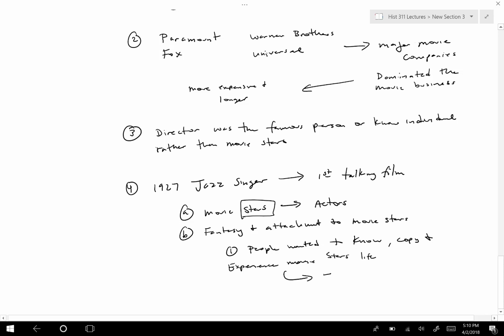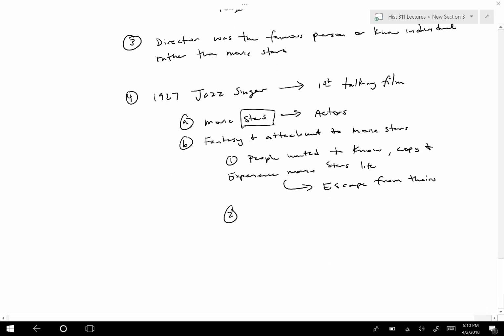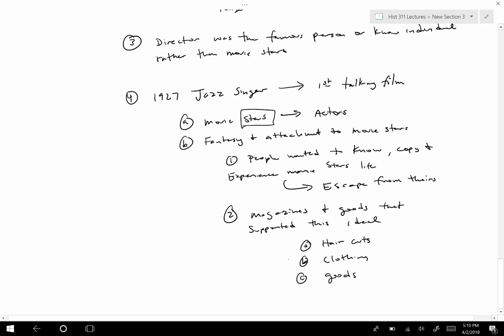Right, and in many ways this was an escape from theirs. And this will actually be the same during the Great Depression. It still was an important escape. But what this creates then were magazines and the different goods that supported this ideal. So that could be haircuts, right? The haircuts of the stars, clothing, goods. What you are going to get eventually leads to product,